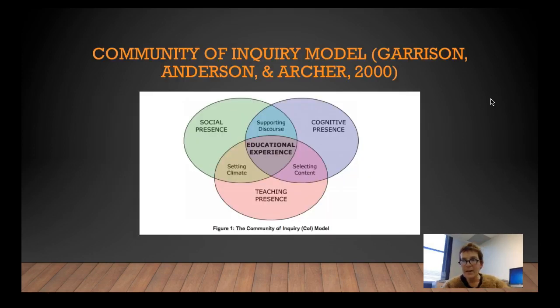So once again, here is a picture of the model to remind you about the three different elements. The one that I'm going to focus on is right here, the green one, which is social presence. We'll be talking about teaching presence and cognitive presence as we move through the semester. But right now, today, I want our focus to be on social presence, and it's the one that is important to me. When I think about social presence, I think about what happens in live classrooms when I walk in the room